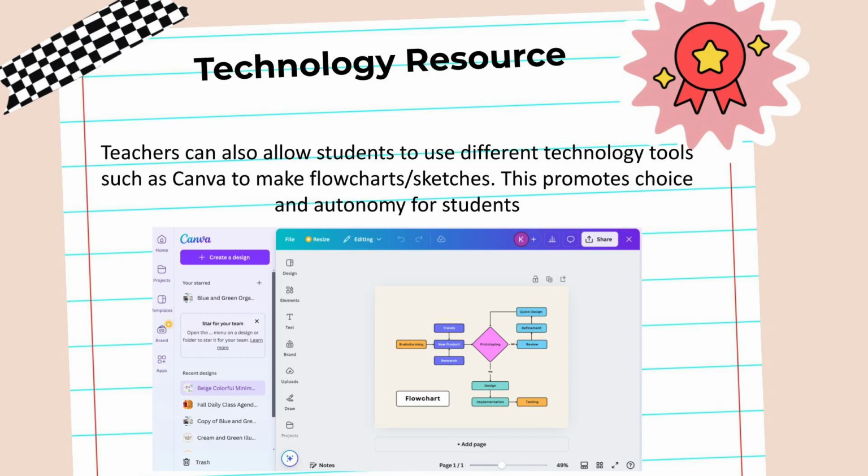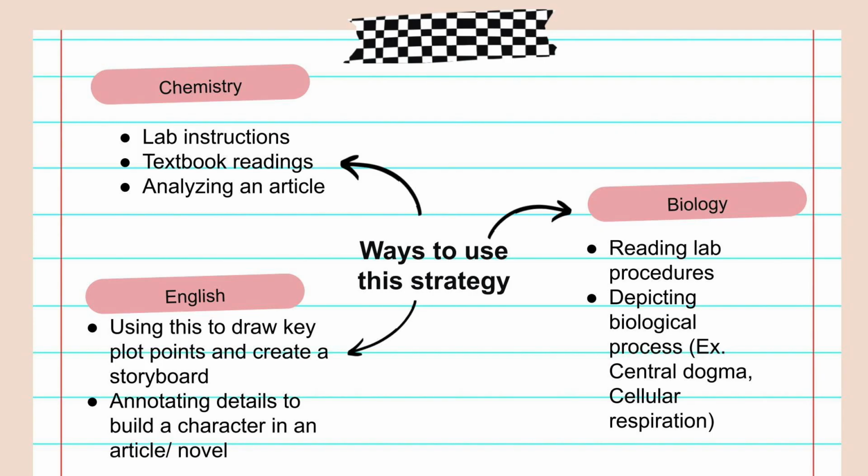So this can be done traditionally with paper. It can also be done using technology. So we found a tool using Canva to build a flowchart, and this promotes more choice and autonomy for students. So there are many different resources out there for teachers to use to allow their students to sketch their way through the text. So I just gave examples of lab instructions, which could be used for all different sciences,